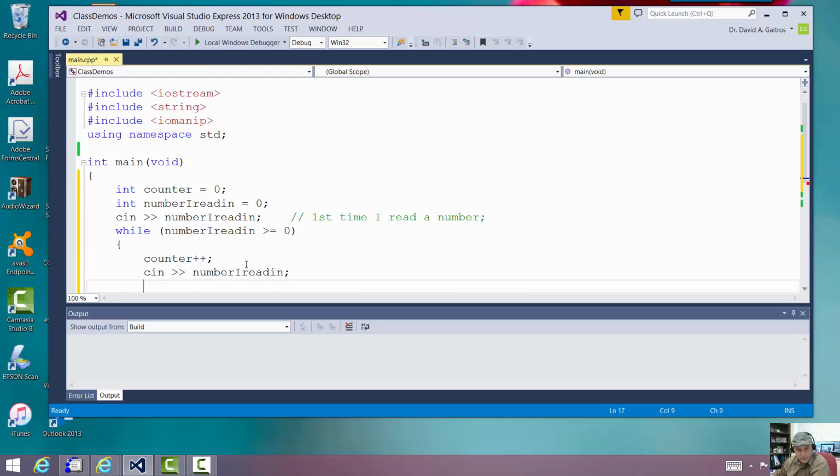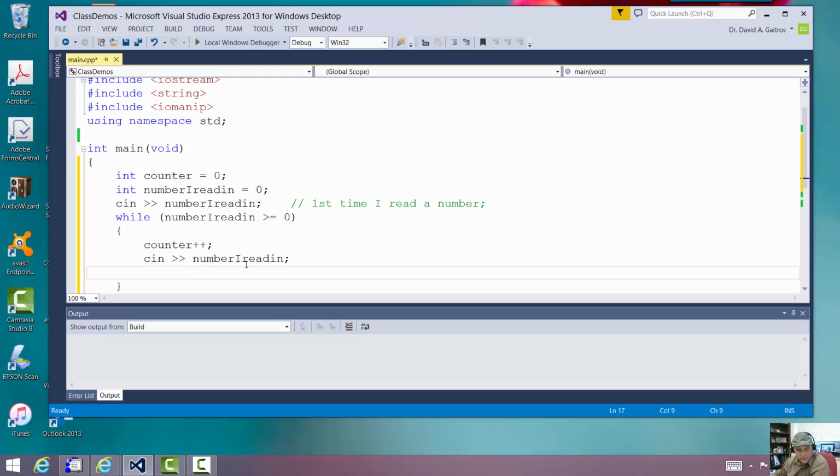Now look what it's going to do. It's going to read a number, check it. If it's okay, it's going to add 1 to it. First time through, it's going to add 1 to it. Then it's going to try to read in another one. Now it's not going to add 1 to the counter until it goes back up to the while loop and comes through again. Whenever I hit a negative number, it'll come up here to the while loop, it'll check it, it'll stop, it'll go past all of this to the end of the right bracket, and I'm going to see